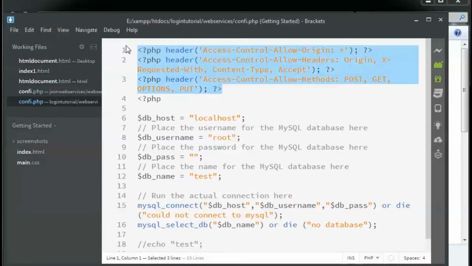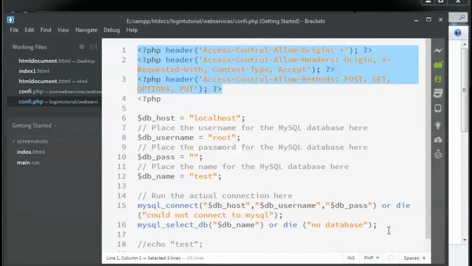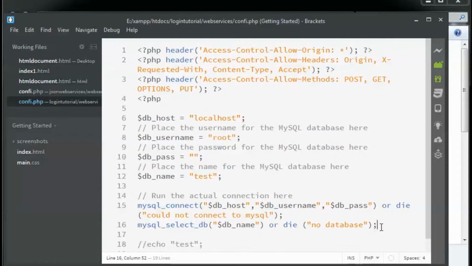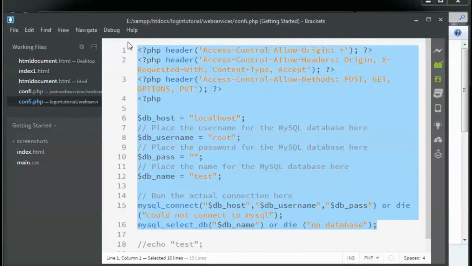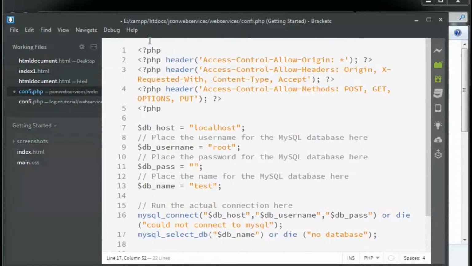I'm not going to type the entire thing, I'm just going to copy and paste what I had created in the previous JSON web service examples. They are linked and listed in the description if you want to check those videos out. I'm going to paste it in my config file, and here I'm removing this extra PHP tag.